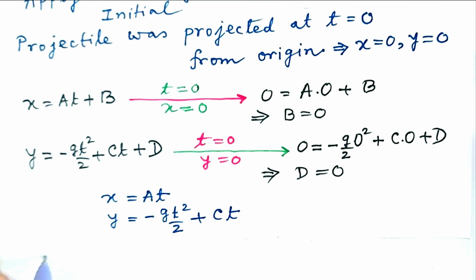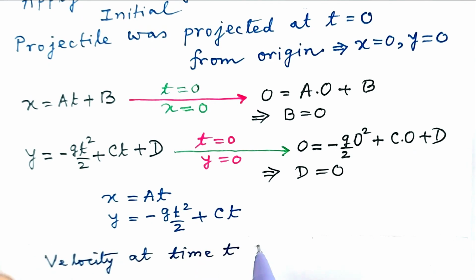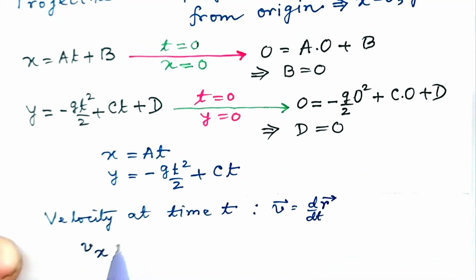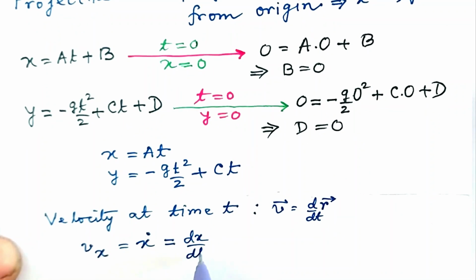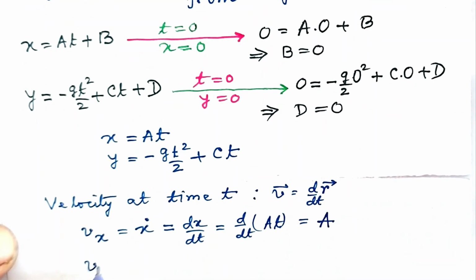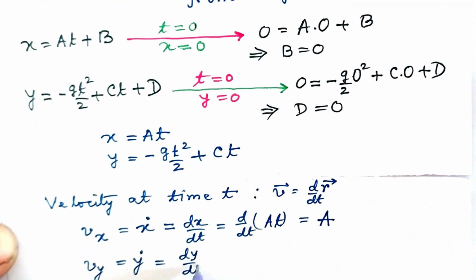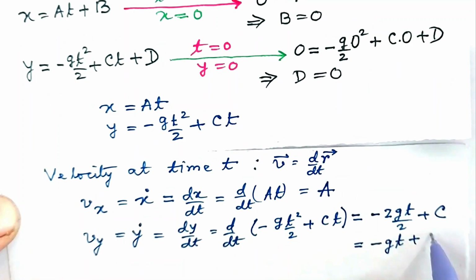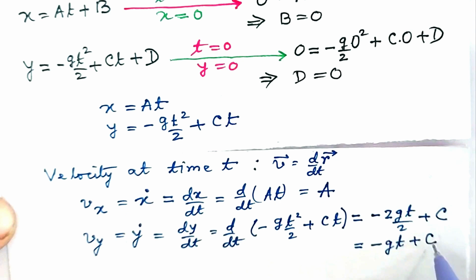This we do by exploiting the initial velocity condition. Let us first find the velocity at any time from the position equations using the definition that velocity vector is d/dt of vector r. Component wise we write Vx equal to x dot equal to dx/dt, which is a, and Vy equal to y dot equal to dy/dt, which is minus gt plus c. The velocity equations are: